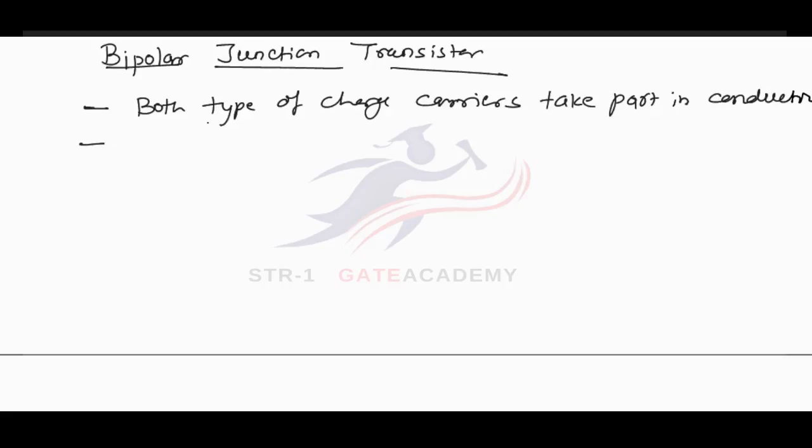If both types of charge carriers take part in conduction, then majority and minority carriers both will be there. If majority carriers take part in conduction, that is good. If minority carriers take part in conduction, the device will be noisy. So BJT is a noisy device